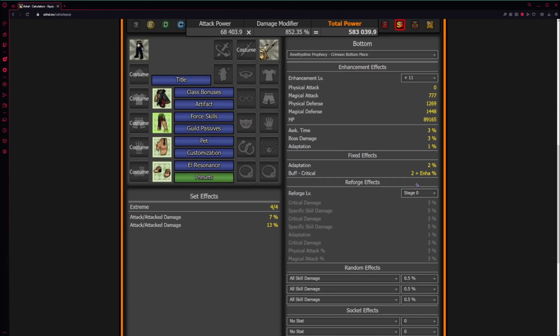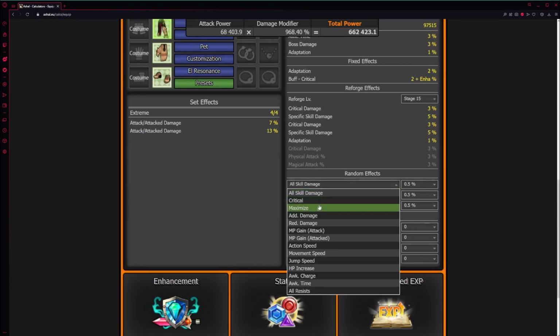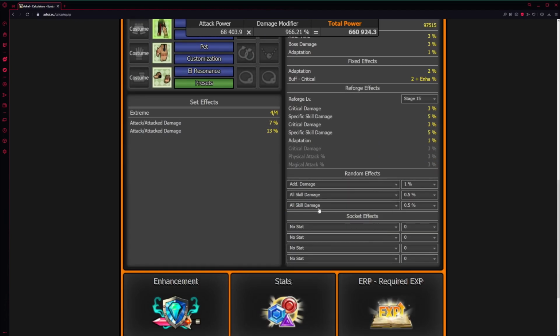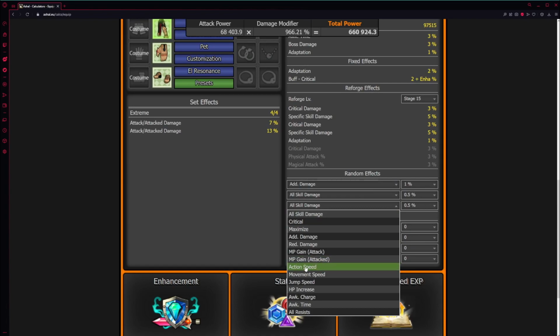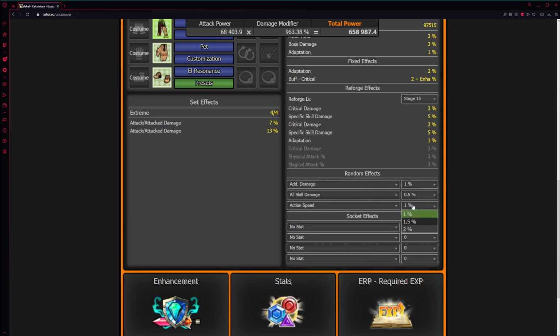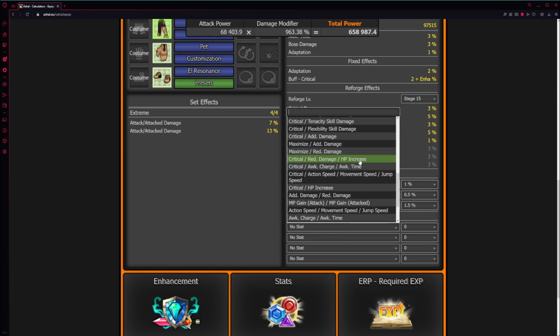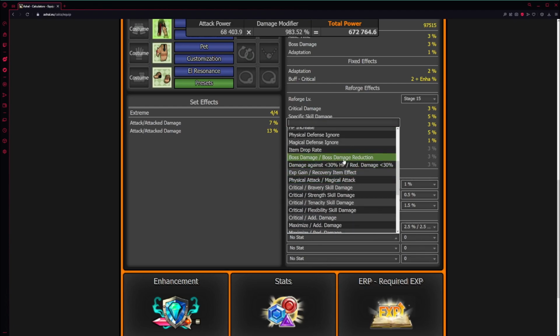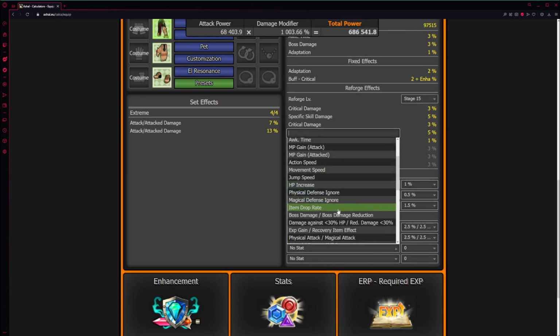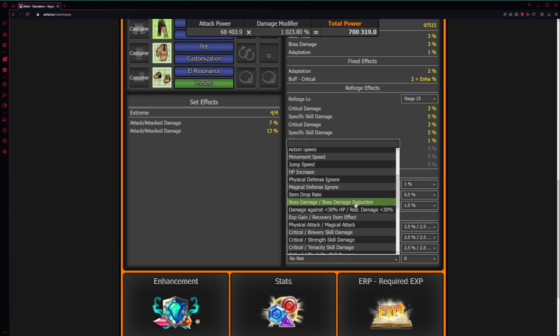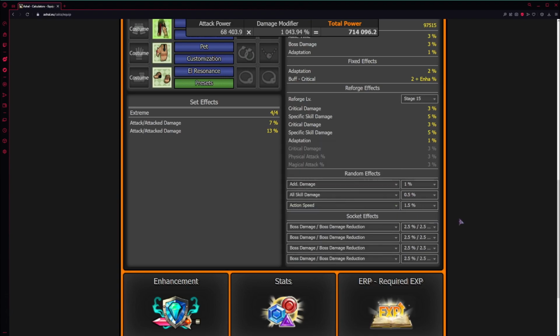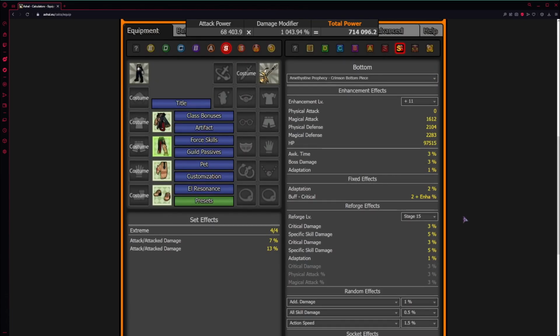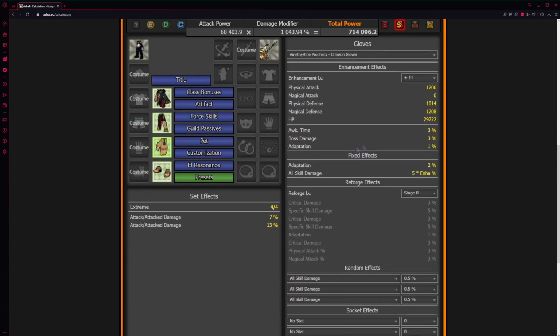So here we'll do the same thing. I have only reforged 15 on my bottom piece. It's a magical piece, so I was not going too much. Again, I only have 1 ID of all skill damage. I do have some action speed though. And for all the rest of mine, there is no fast way to do this, but I just have boss damage and damage reduction. I don't care too much with damage reduction, so I ignored switching 2.5 to 1.5, but it might be beneficial for you to just actually stay true to what you have. So I will go ahead and fill that out.